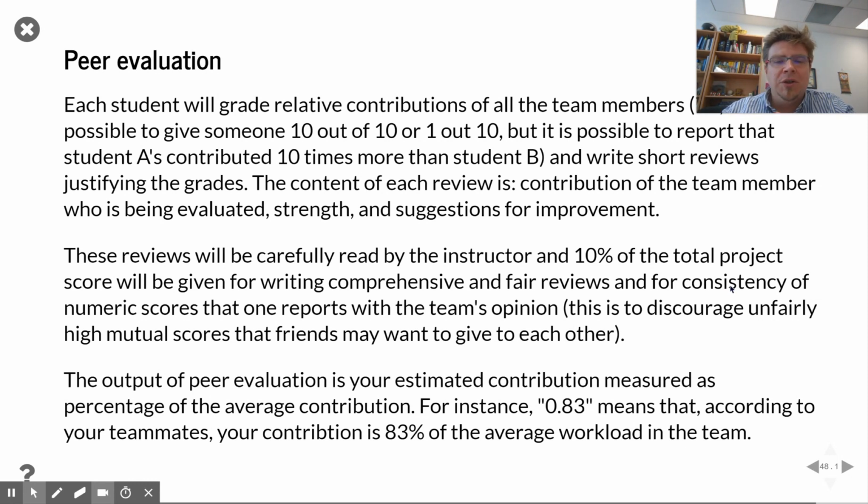So what you report in the peer evaluation is that one student's contribution is, say, 10 times or 2 times, or 0.7 times more than another student's contribution, right? So what you report is relative contributions. And then you're going to write a short story about everyone in your team, including yourself, to justify these numbers. Yeah, you're going to evaluate your own contribution too, but